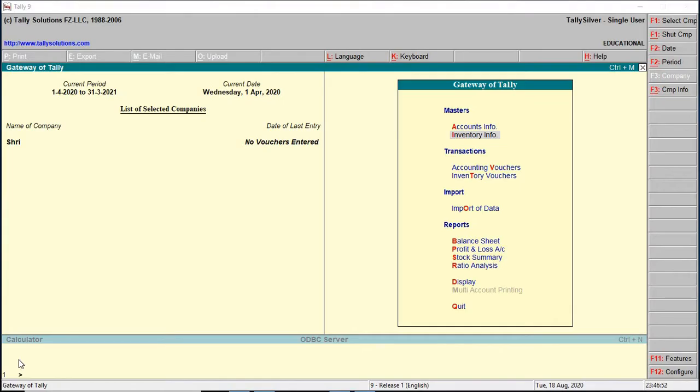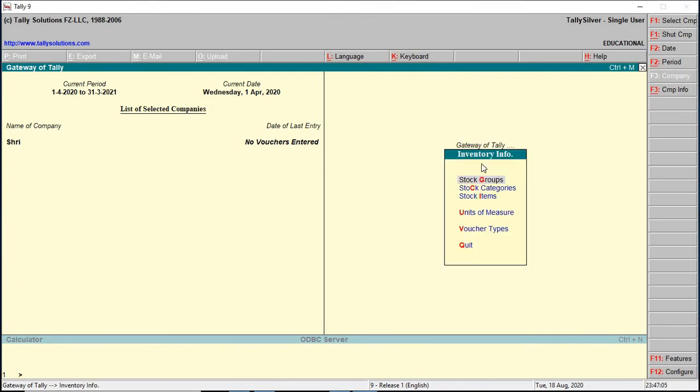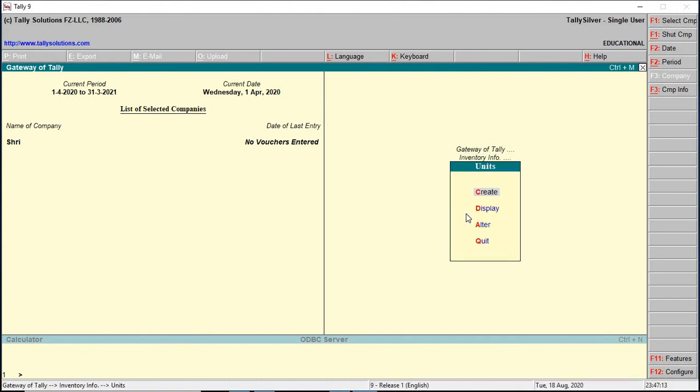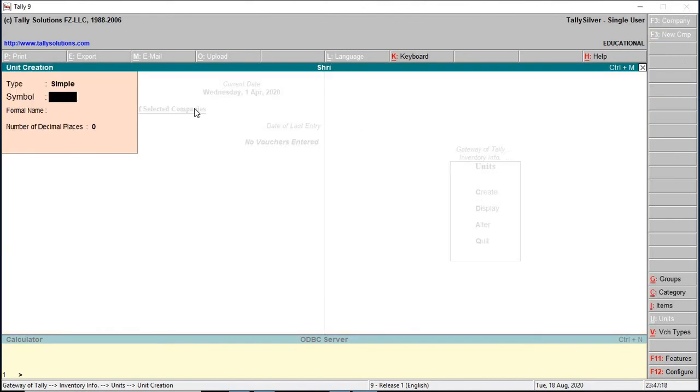To create unit of measure, select inventory info, select unit of measure, unit creation screen opens. Let us create simple unit of measure first.